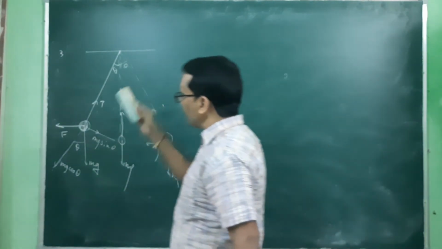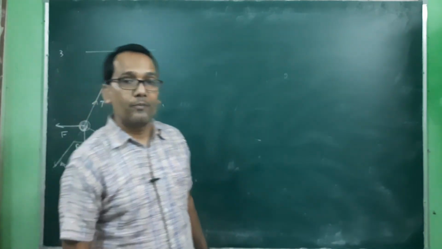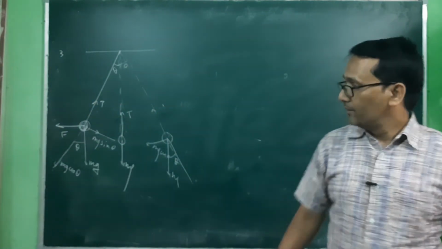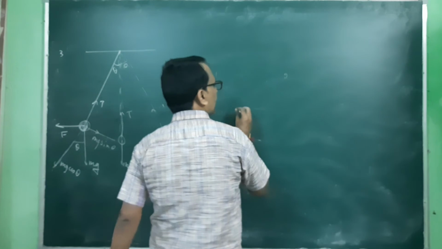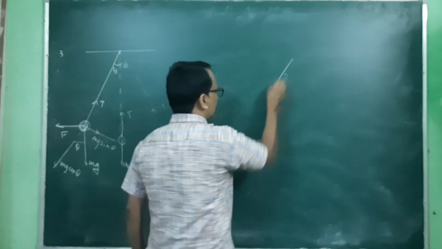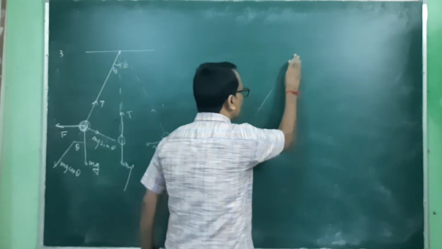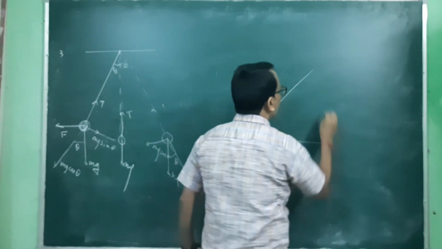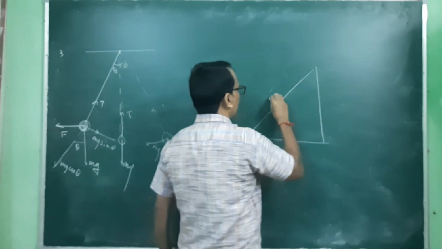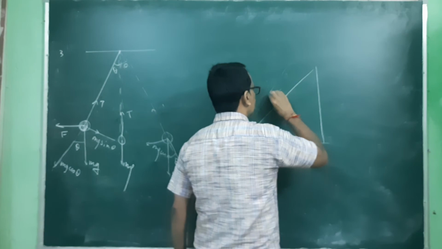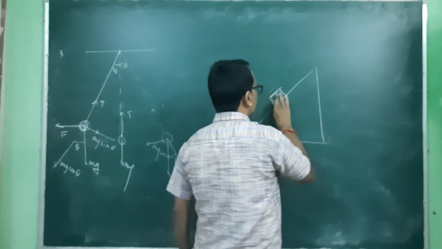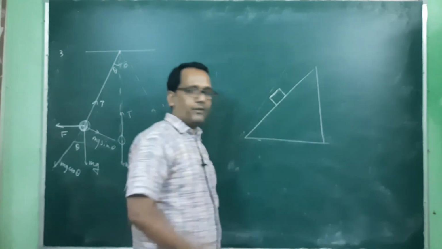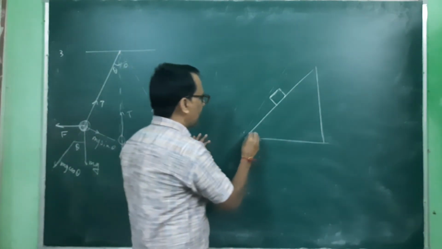So we will use all these diagrams in different problems further. One is the inclined plane. We have this plane, this is the inclined plane. One body is somewhere here. If there is no friction, and this angle is theta,